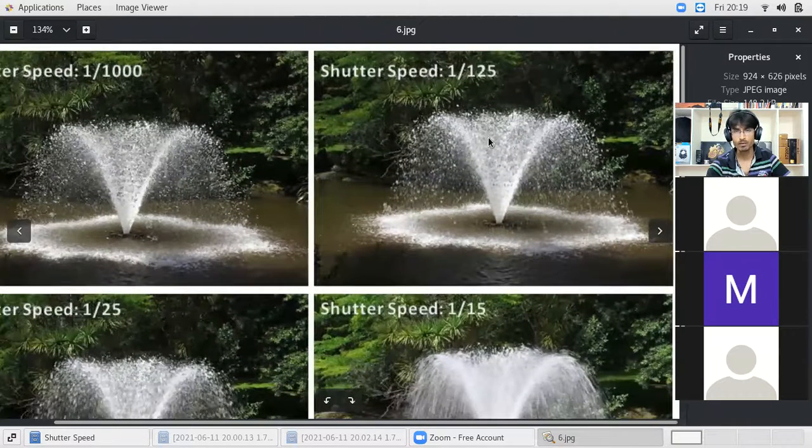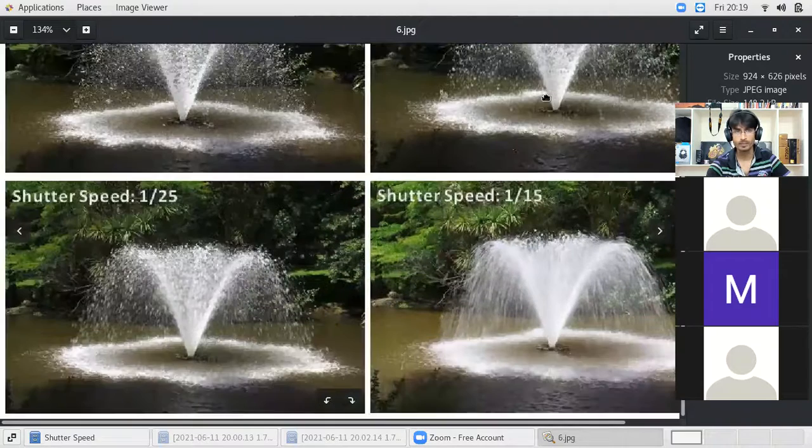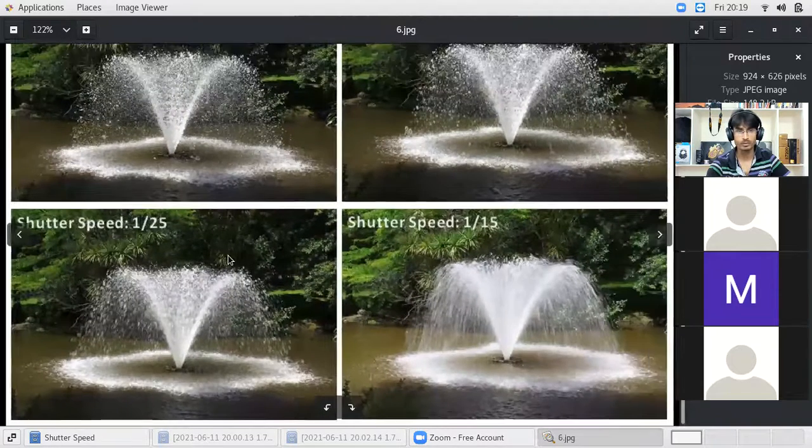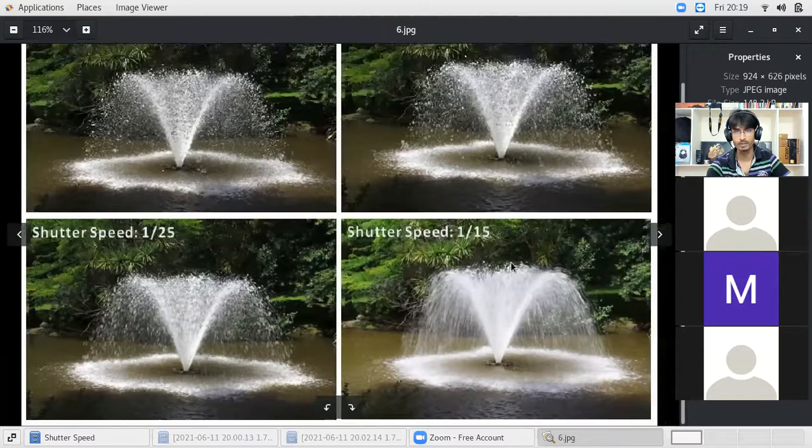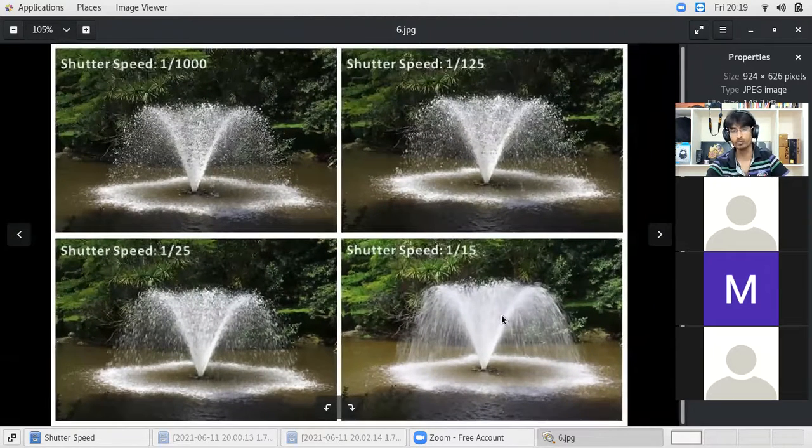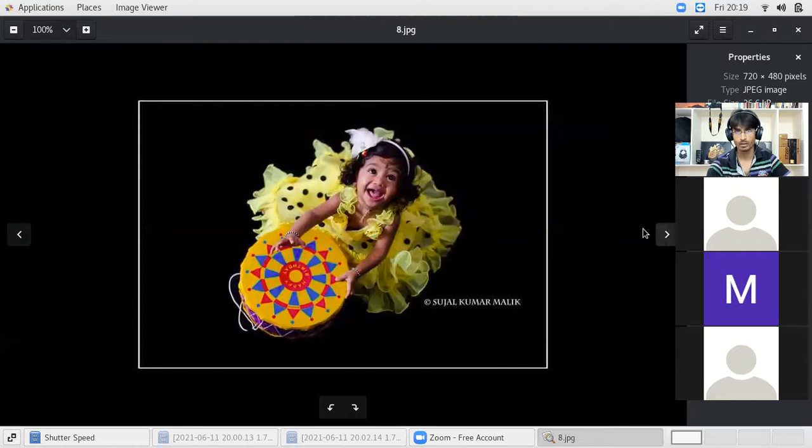Water droplets now has become a bit smoother. Even 1 by 250, see, it is even smooth. And for 1 by 15 of a second, it is very smooth. So what type of effect we want in a particular frame or photo, depending upon that, we are going to select or use the shutter speed.